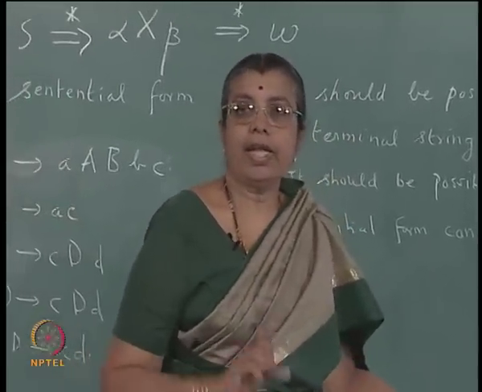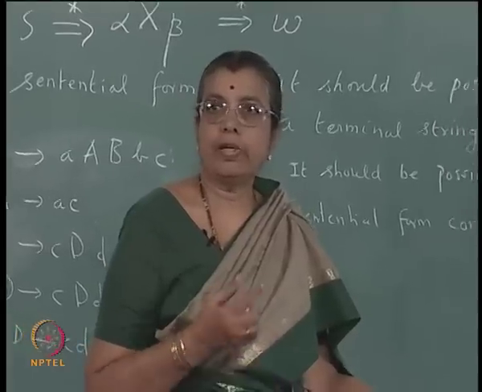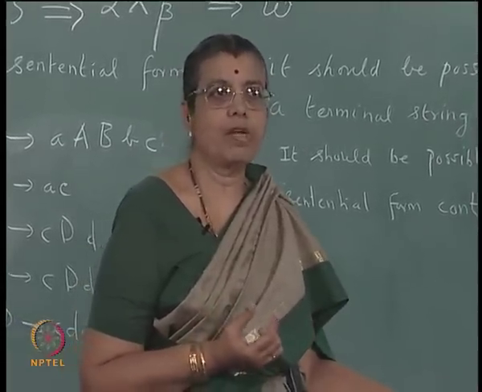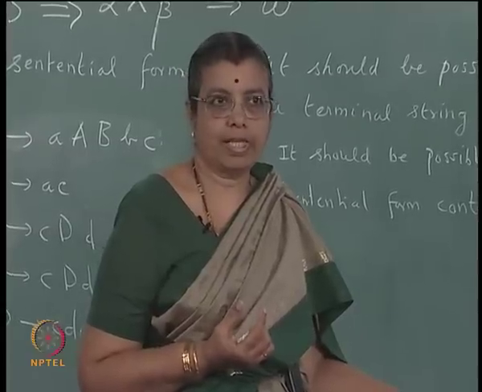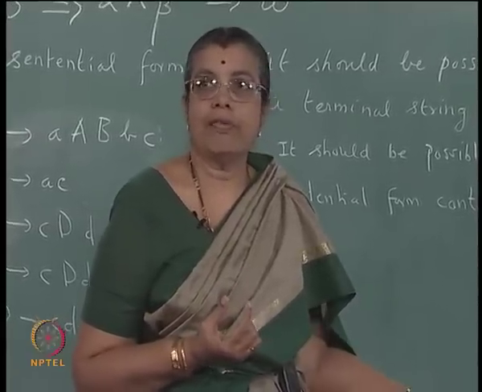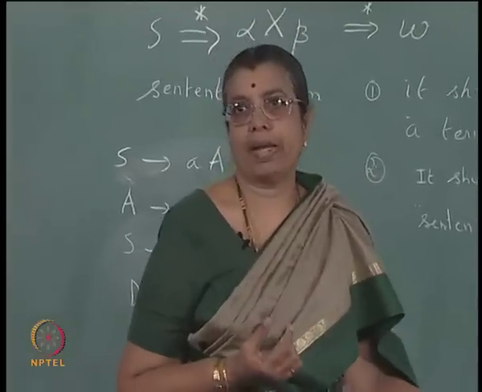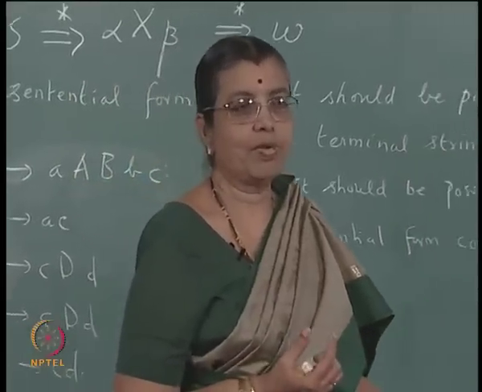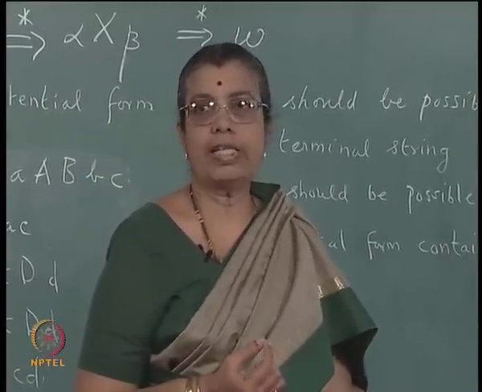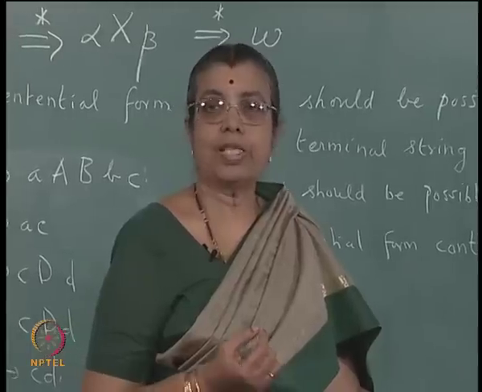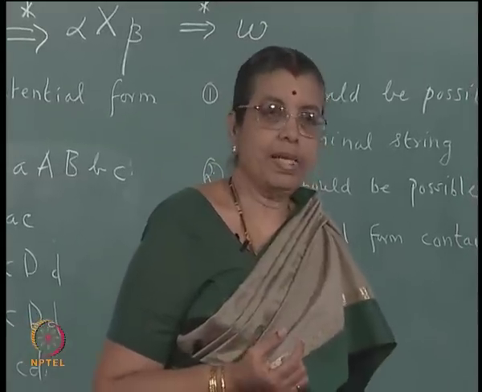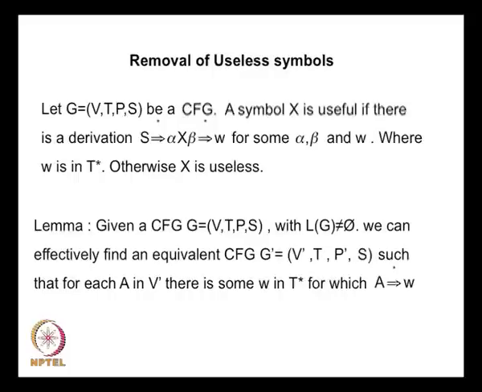And any time you write a grammar, it is better to write a precise grammar, in the sense that you try to minimize the number of production rules, try to minimize the number of non-terminals and so on. But at the same time, for example, you may have an ambiguous grammar if you use only one non-terminal, but if you use two non-terminals, it may become unambiguous. So, for some other reason, you may want to increase the number of non-terminals or production rules by a small factor. So, there will be a trade off between certain things, but generally we do not want to have any useless symbols. So, first let us see one lemma.